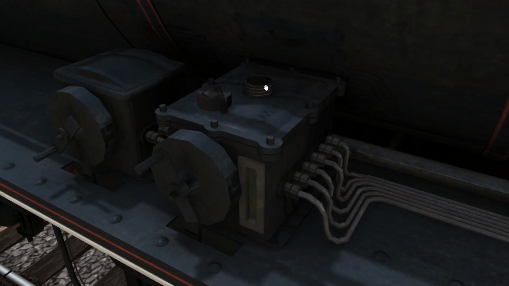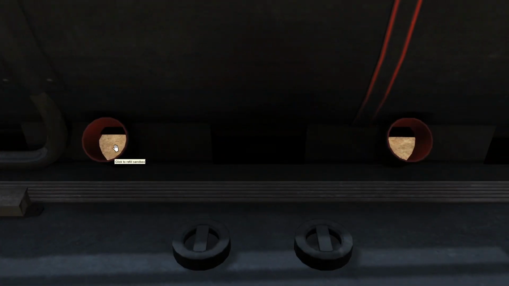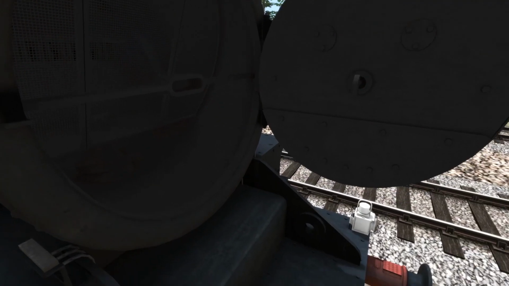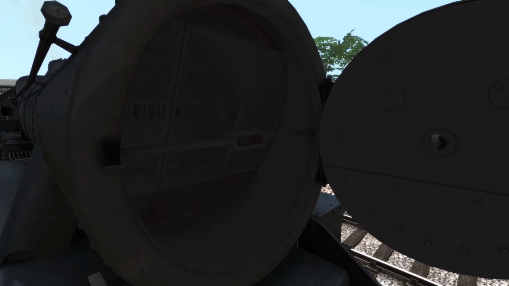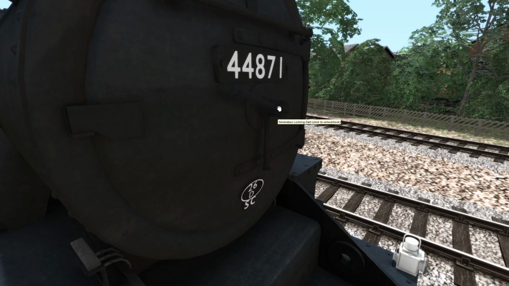And yeah, it tells you on the gauge down here how much it's filled up. And features like this are what make this model something else. So you can refill all of the sand boxes like so. We can also open up the smoke box door and clear out the ash from the smoke box if you choose to. Which is another nice feature, and we've also got the lubricators on the other side as well, which we can